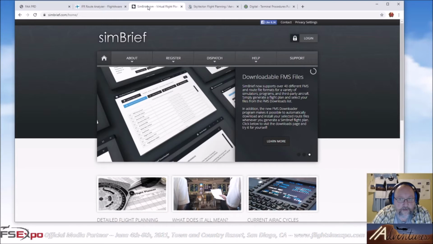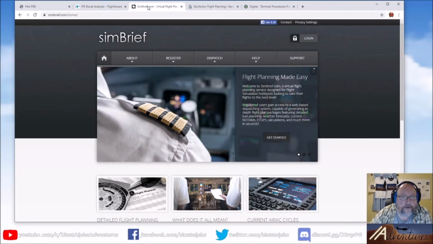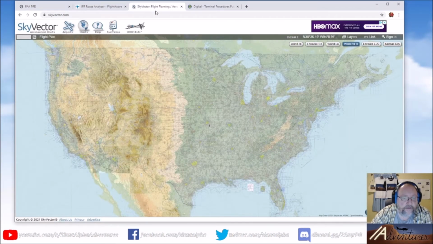SimBrief is not as good about coming up with stuff that's outside of that box. So SimBrief, I think we will skip for purposes of this tutorial. Nothing against them, but this is not the kind of routing that SimBrief is optimized for doing. And then the fourth step, or in today's case, the third step, is going to be really just going to